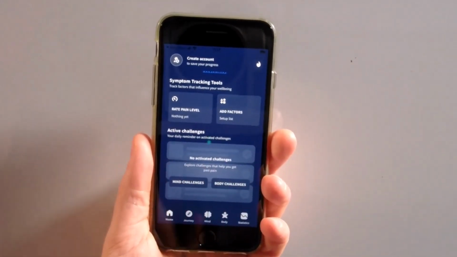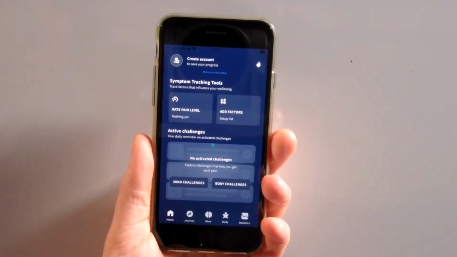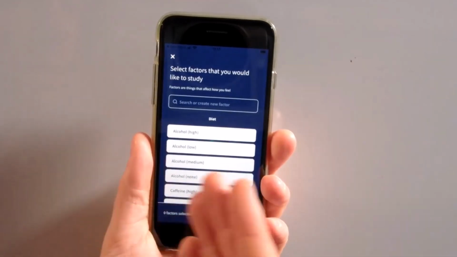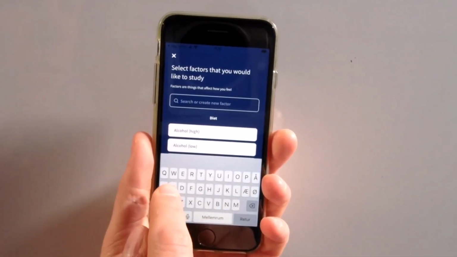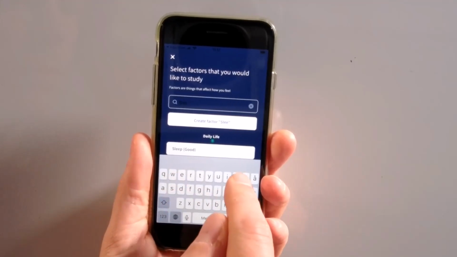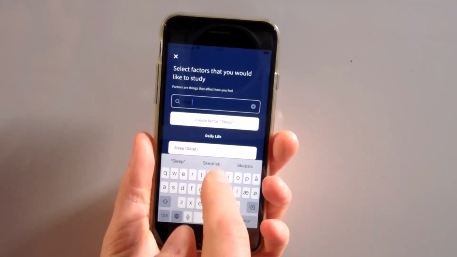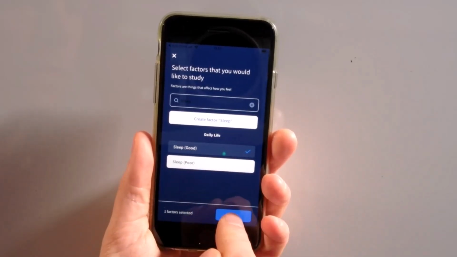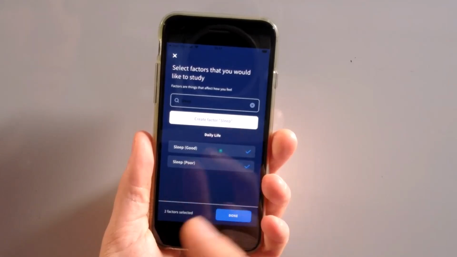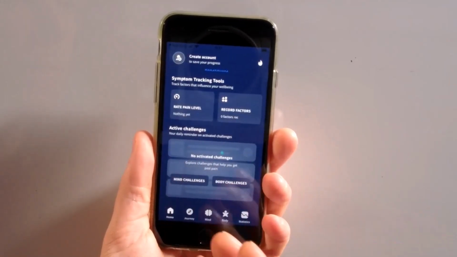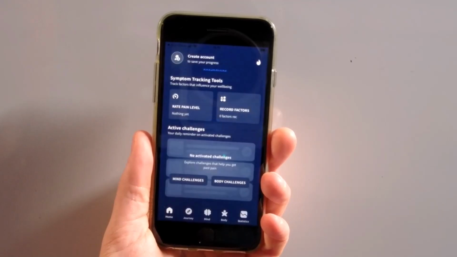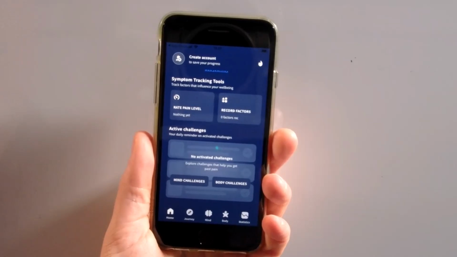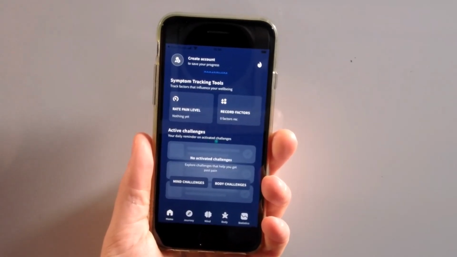Related to the factors, we can explore these factors, but the first one I think would be a good idea for you to set up is, if you go in and then we can search, I think sleep would be a relevant one. And I think we should choose sleep good and sleep poor, and then we'll start by looking at how these 2 factors influence your pain level. If we scroll to the bottom,